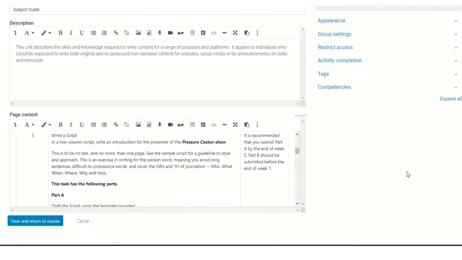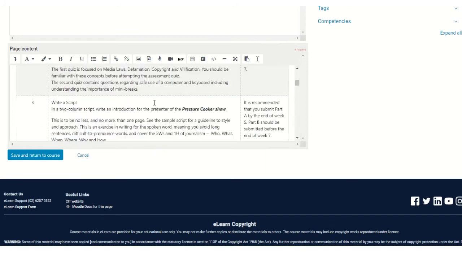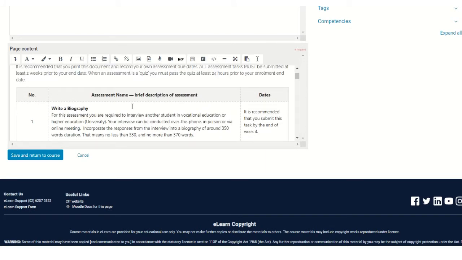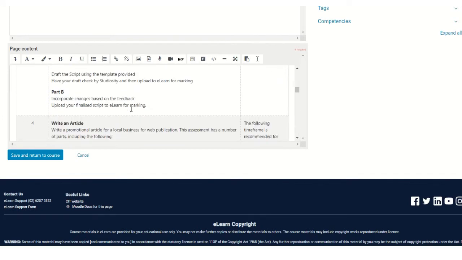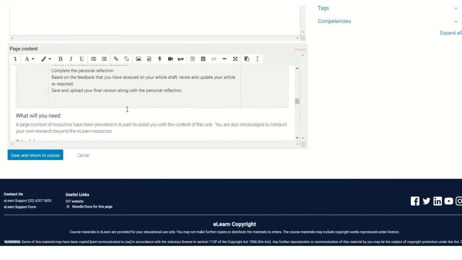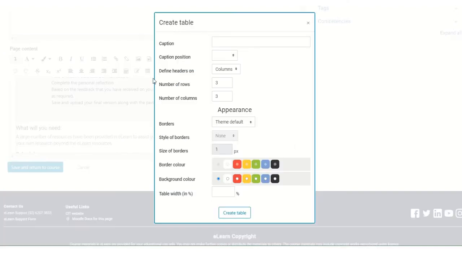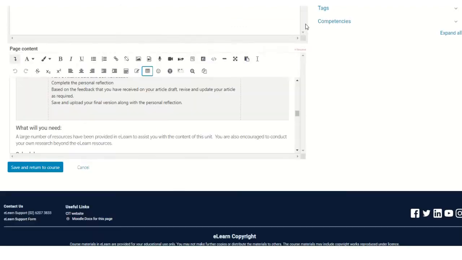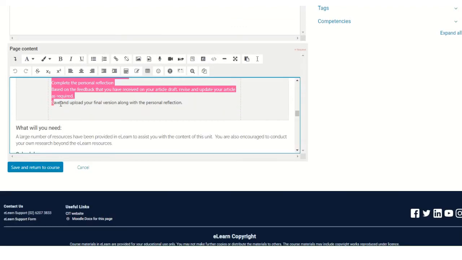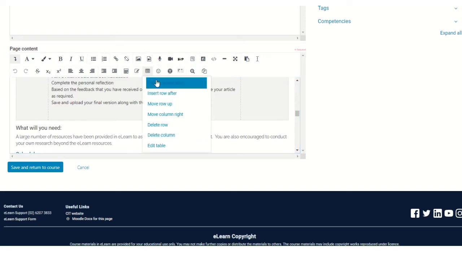So you can see that it's been made up with tables. If you need to increase the number of rows that you have, you need to use the table editing option, and that's available in these icons at the top. And this little guy, not to be confused with the equation editor, is the table editor. So once I'm clicked in a cell, I can click on that, and it's always a little finicky. Sometimes it thinks that you want to create a new table, so this time I'll try and select more than just clicking in it. And so now I can insert a row after,